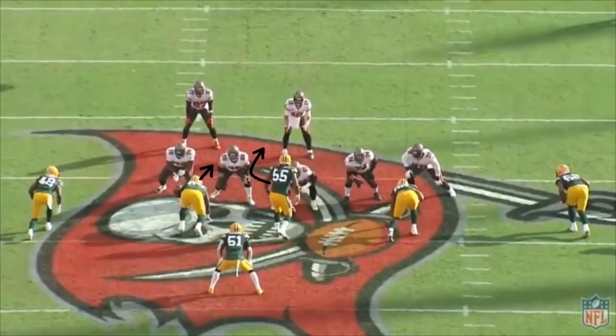Well, what Smith is doing is you see, okay, he's going to try and run to the center's right. That's not anything too fancy. He's going to almost fake as though this is going to be a stunt right here, which would mean that he runs to the center's right, and then the other interior defensive lineman runs around to Za'Darius Smith's right, which would be towards the offense's left, and they kind of just twist around like that, and someone gets out of position. But the fun thing here is that his teammate, which is Kenny Clark on this play,